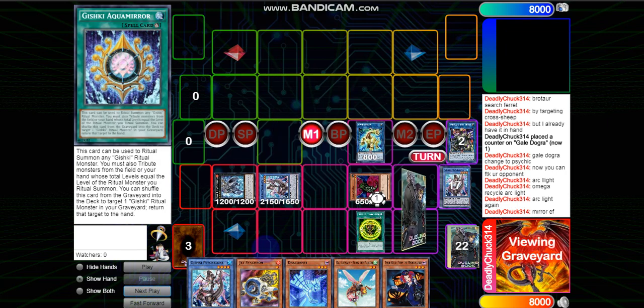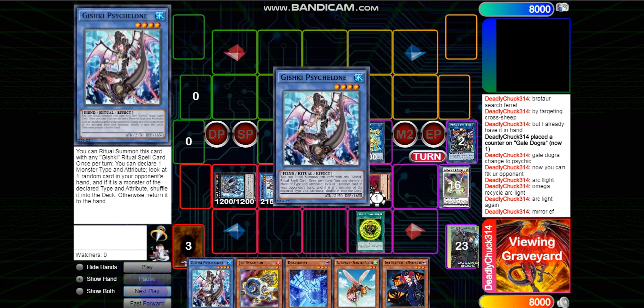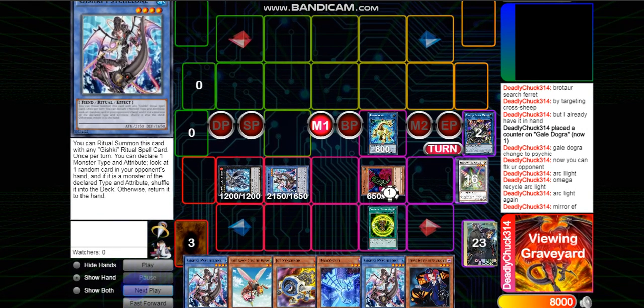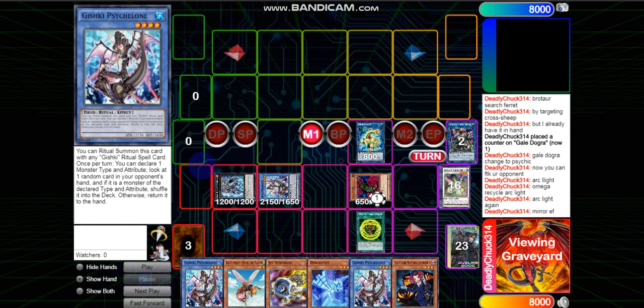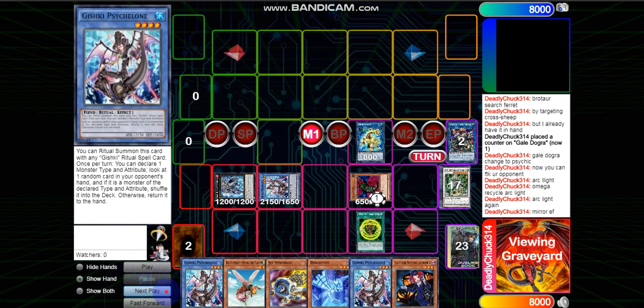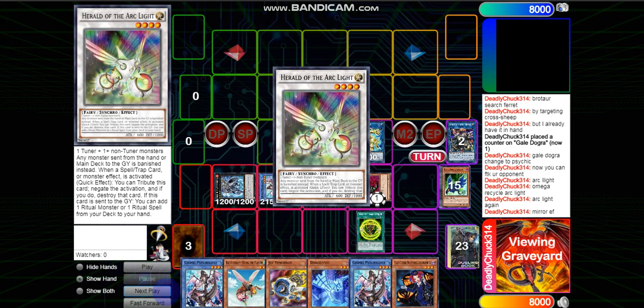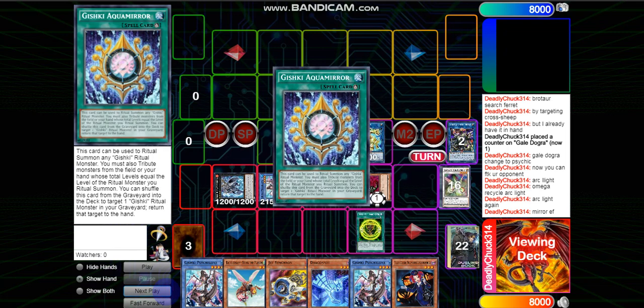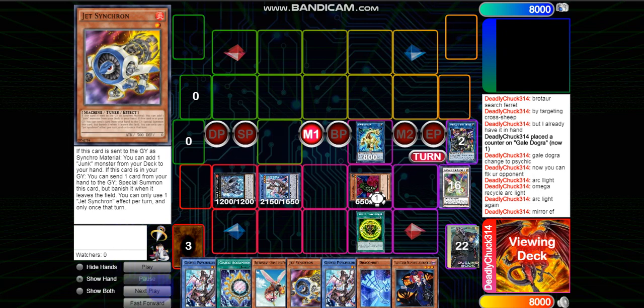We're going to use the effect of Aqua Mirror, shuffle it back into the deck in order to retrieve our Gishki Cyclone. Next, you will use the effect of, oh sorry, that zoomed in a bit. You're going to use the effect of your Gale Dogger again, send Omega, Omega will shuffle it and the Arclight, and then we'll send Arclight again. Arclight will search your copy of Aqua Mirror, and now we will